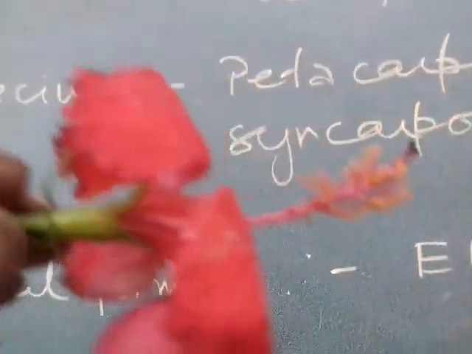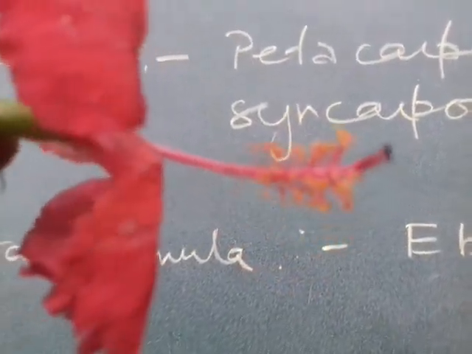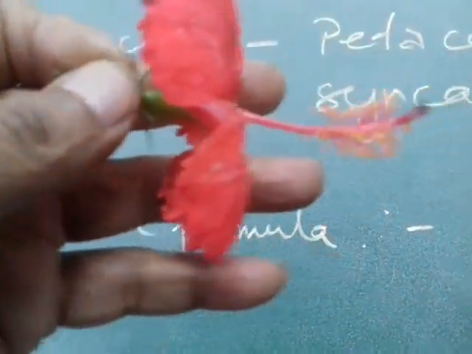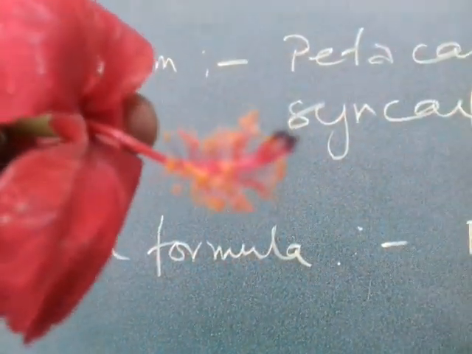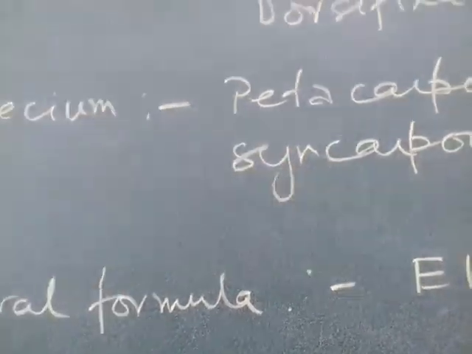Now we go to study the androecium. Androecium is monodelphous with reniform anthers, dorsifixed and extrorse. Now this you have to see microscopically under the dissecting microscope. You can see the staminal tube, they form a single staminal tube which encircles the style, and you can see the anthers here at the tip. This is the staminal tube, and if it is a single staminal tube, we call it monodelphous stamen.